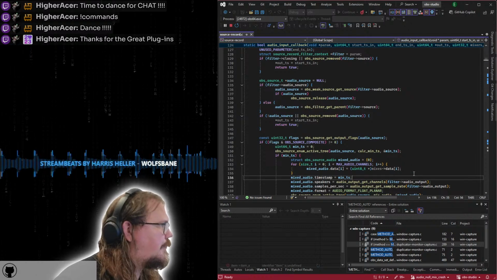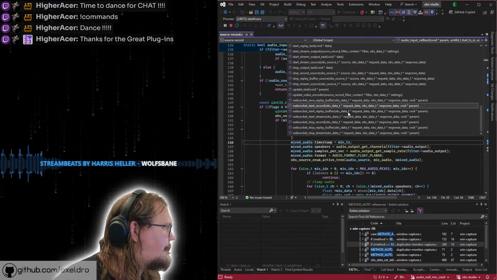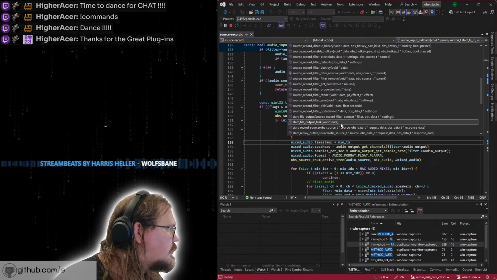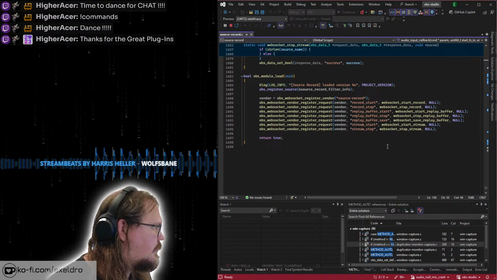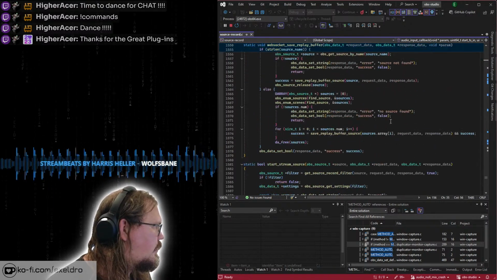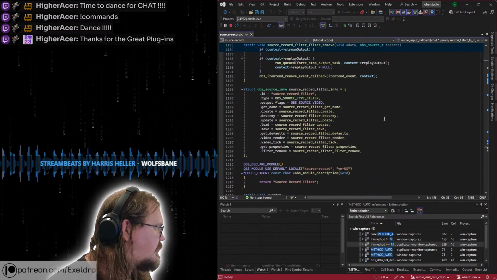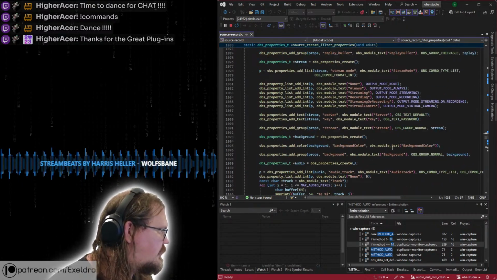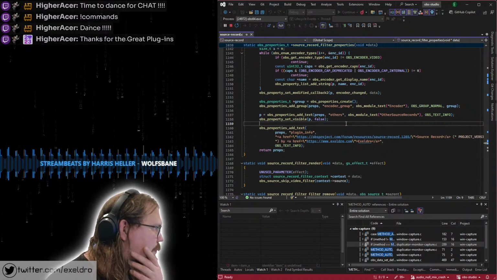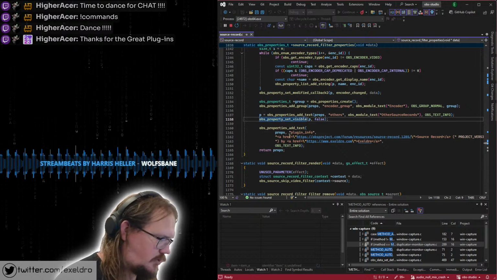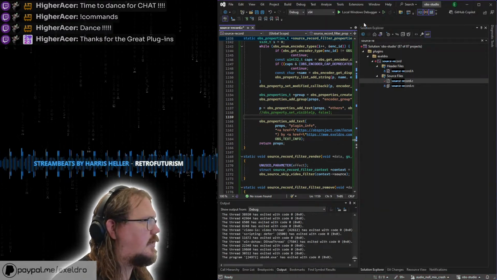So let's go to the source record. I think it's easy, just go to the bottom. No, the definition of the source is not at the bottom, it's here, and then go to the properties. And we need to add another property here. Just added it and made it invisible, but if I start it now,